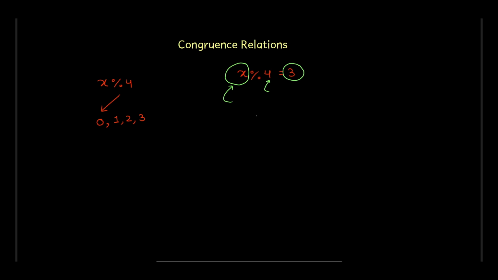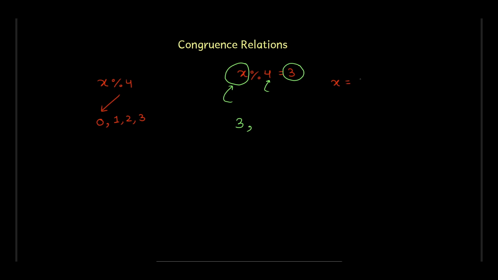Now, what is the smallest number that you can think of? That is of course 3. What is the second smallest number? So if you are not able to deduce that, you might remember Euclid's division lemma, which says that x can